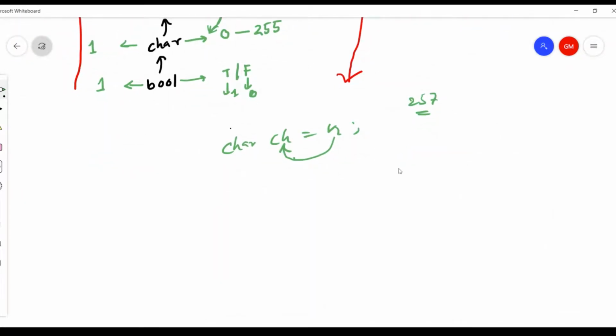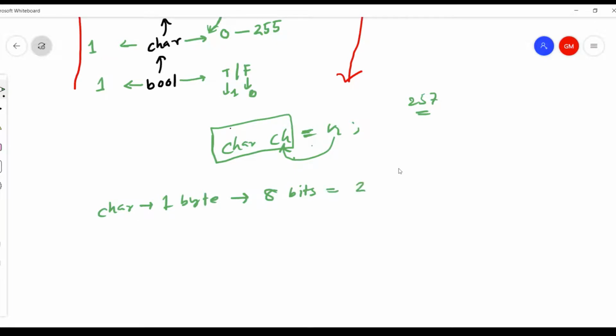To understand what information will be lost due to this assignment, we first need to understand the maximum value that a character variable can hold. A character data type size is 1 byte, and 1 byte equals 8 bits. The maximum value it can hold is 2 to the power 8 minus 1, that is 255.